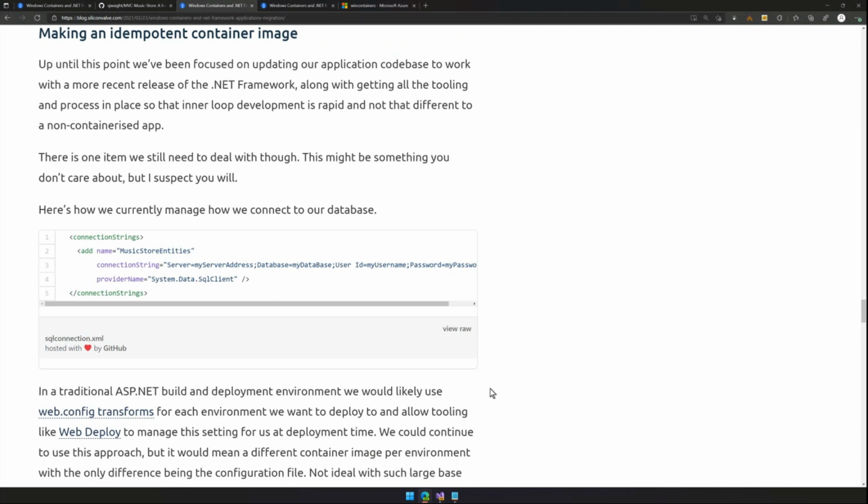A fairly standard way of doing things is to have multiple .config files, either per environment, or using placeholder replacements and XSLT files to do those replacements on deployment, so that when the application is written to disk, the config file contains the values it needs at runtime. You can obviously replace that with custom mechanisms to pull configuration from, say, a central repository or a database, but you still need a database configuration string to do that.